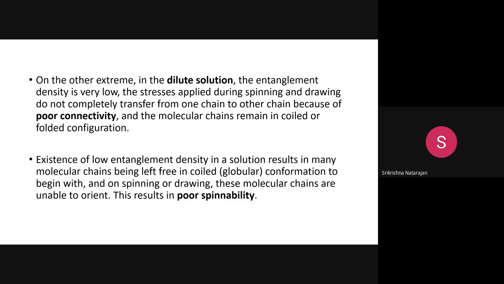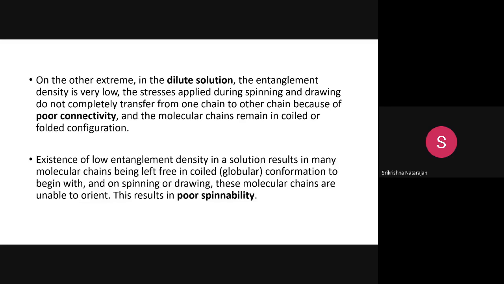But if you do that kind of spinning to this polyethylene, the entanglement density will be very low. If it is very high, that is also a problem, because it is very difficult to unfold all the polymer chains. It will be very convoluted, like Maggi noodles, where it is very difficult to open every noodle. It will be very difficult if the melt viscosity is very high.